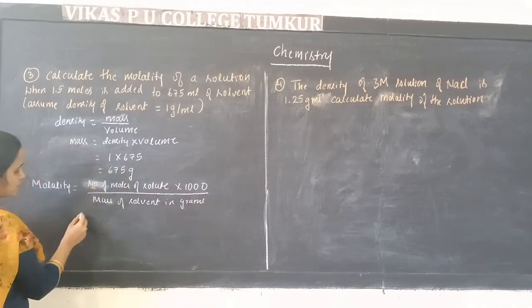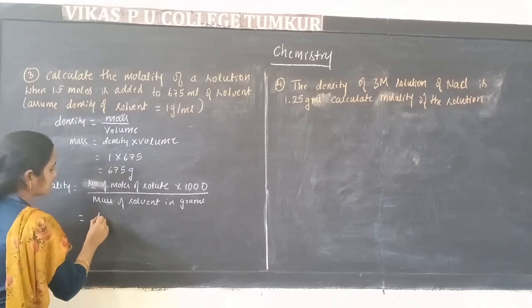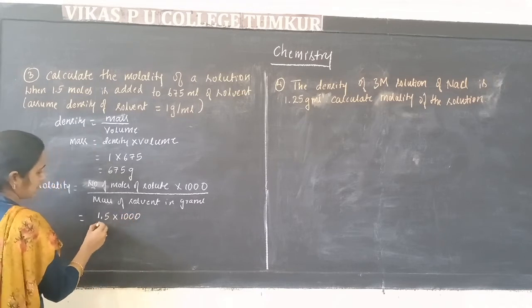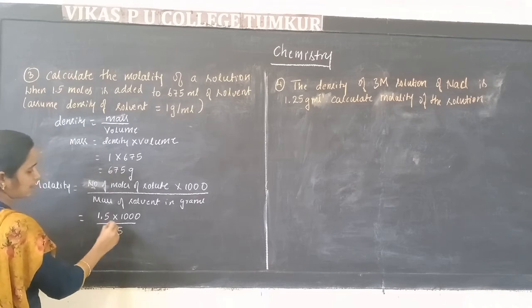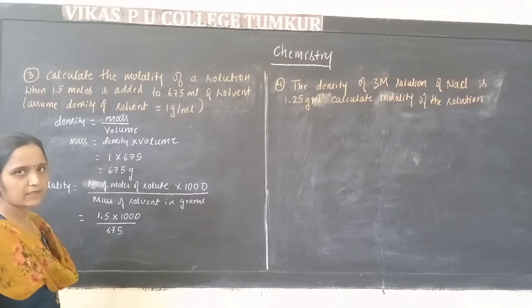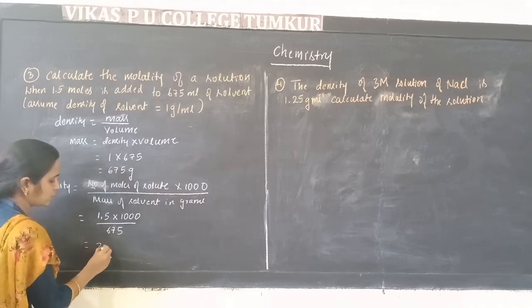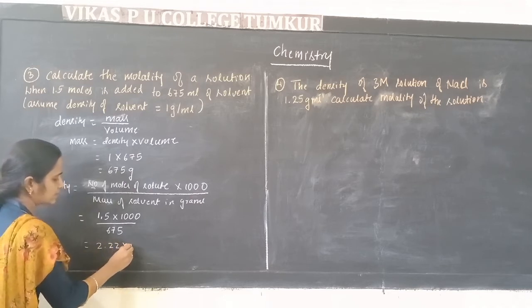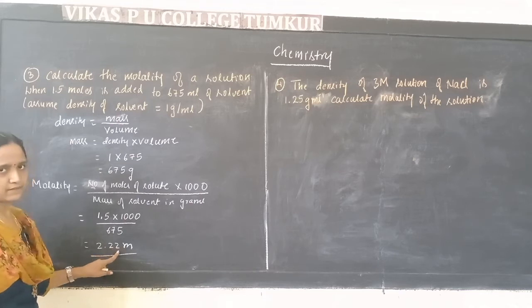How much number of moles are they given? 1.5 moles of solute. That is 1.5 into 1000 divided by the mass of the solvent, 675. On calculating this, you can use a simple calculator. We are going to get 2.22 molality, small m. Here we use small m for the molality. This is the answer: 2.22 molality of the